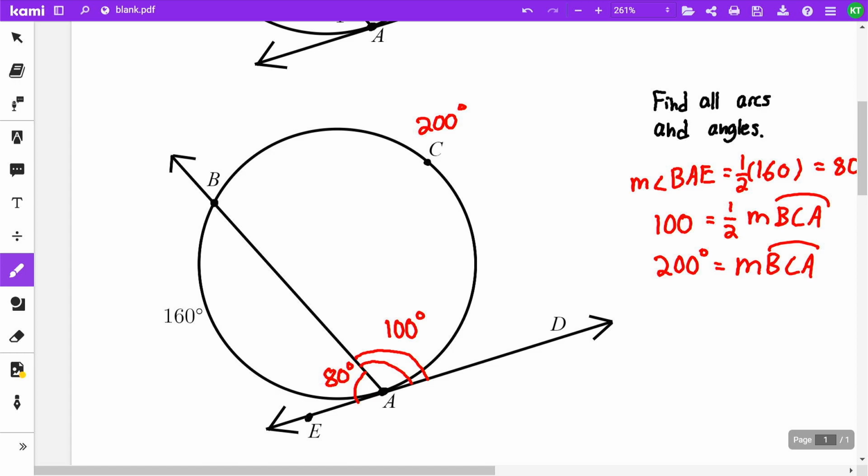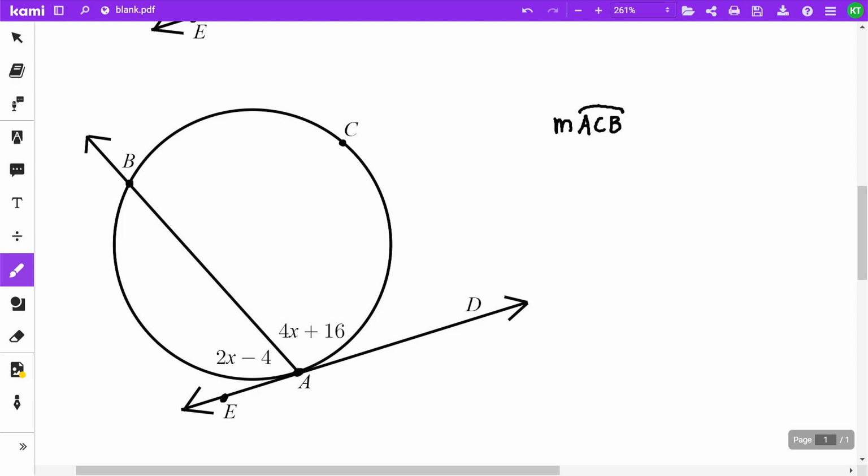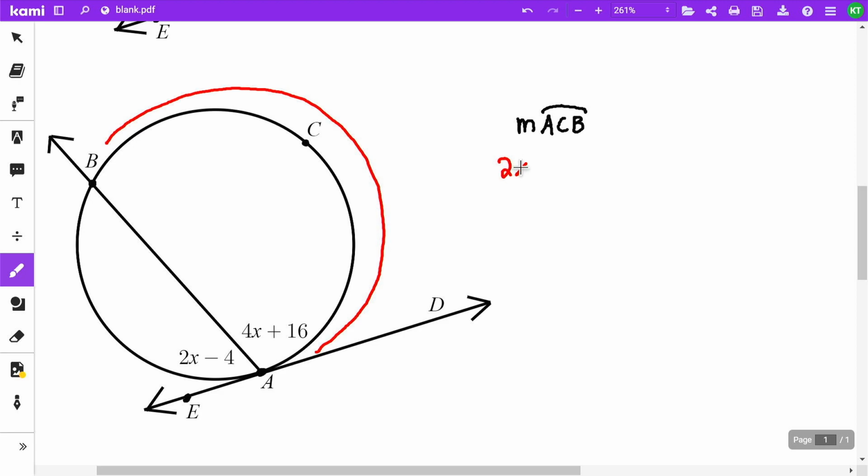Let's go ahead one more time and apply this to more of an algebraic example. In this question, it wants us to determine the measurement of arc ACB, and that's going to be this arc over here. First, what we're going to want to do is figure out what each of our angles are, and we can do that through solving for x. Like we saw in our previous example, both these angles added together should be equal to 180 degrees because they're supplementary angles. So we'll start by setting 2x minus 4